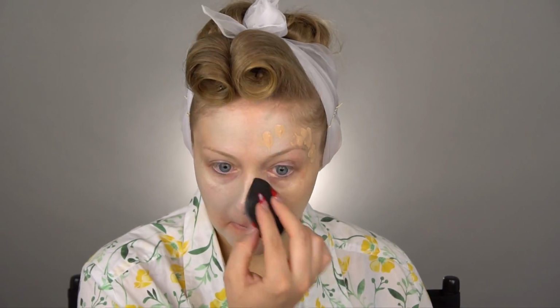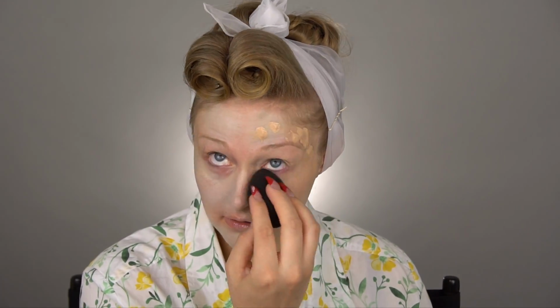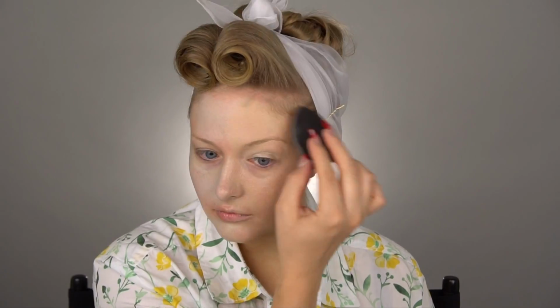Doesn't have any weird chemical smell or anything like that. So let's jump in with the beauty blender on my left side. Pretty full coverage and it's blending out really nicely. I would say it's pretty full coverage, definitely on the heavy side of a medium